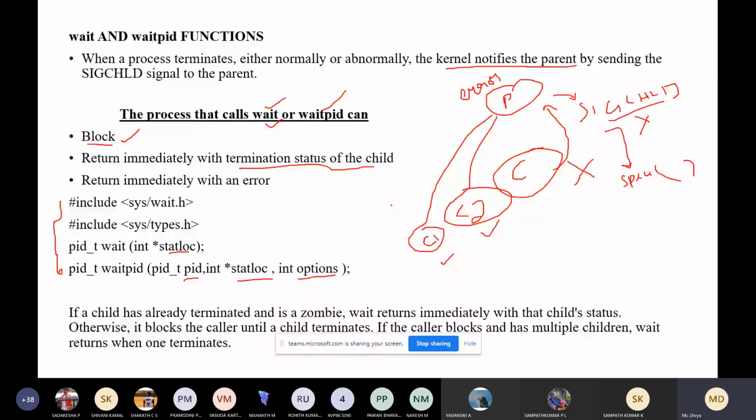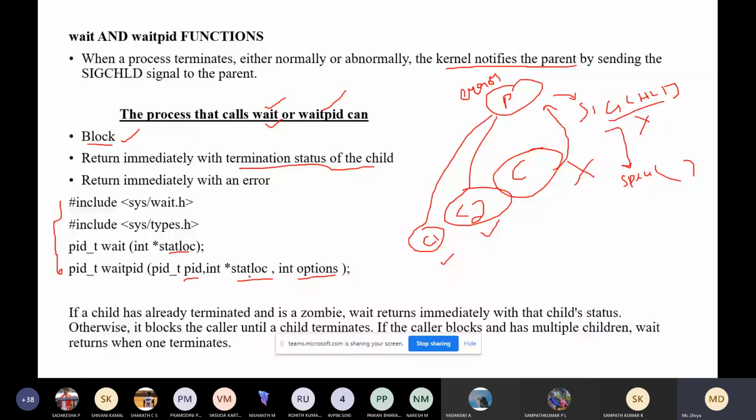These are different integer pointers. The status argument is a pointer to an integer. The terminating status of the terminating process is stored in the location pointed to by this argument.